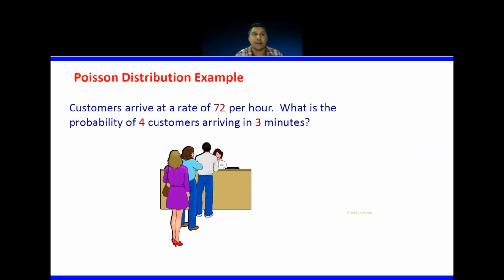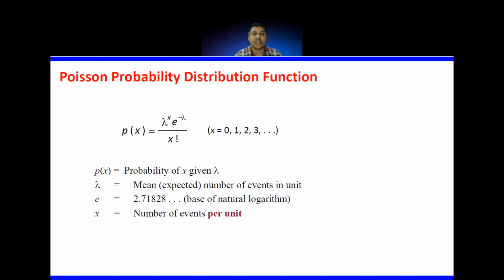Let's see an example for this. Let's try to understand the Poisson distribution with an example. It is linked with time. So in any problem, if it is given as find the probability of getting a particular outcome, and it is given with respect to time, you should focus on the Poisson probability distribution.